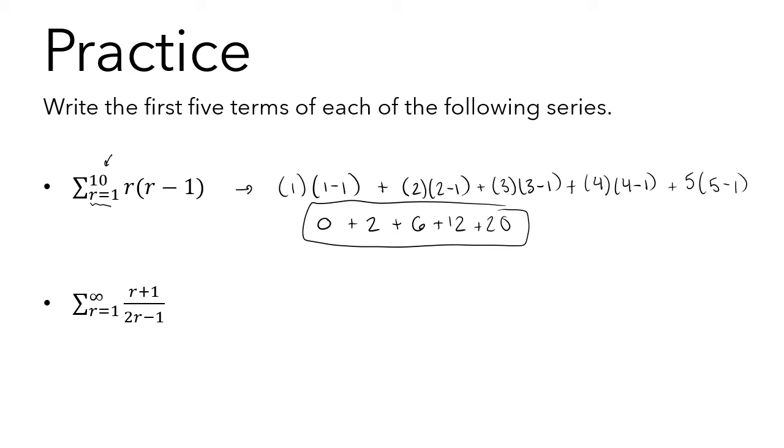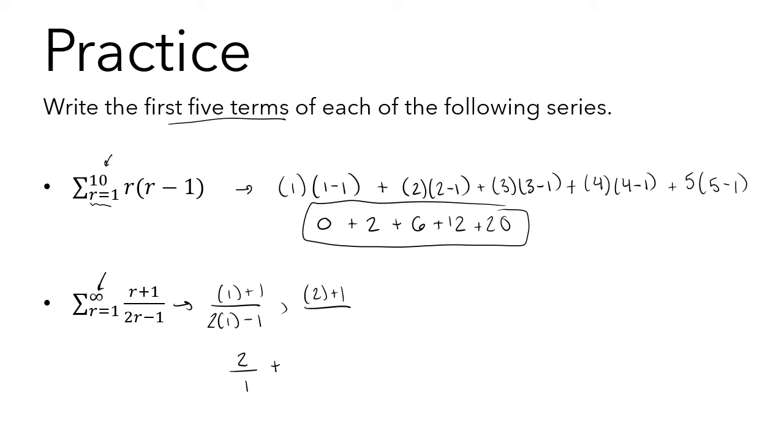Let's try the next one. Notice this one goes to infinity, so you could write them all out, but we're not going to do that. We're only going to write the first 5 terms. So this will be 1 plus 1 over 2 times 1 minus 1, and that's going to be 1 plus 1 is 2, 2 times 1 minus 1 is 1, so then plus